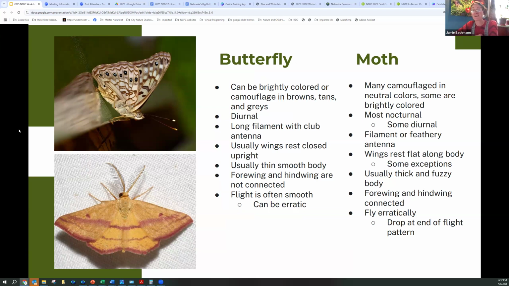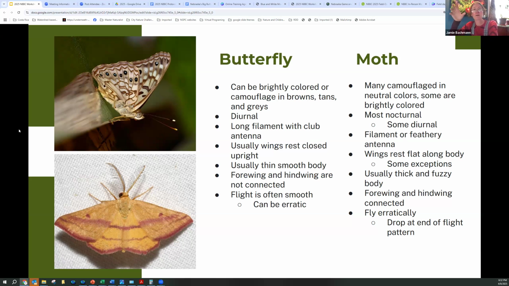Butterflies are mostly diurnal, and moths are mostly nocturnal, but some moths can be diurnal. Butterflies have that long filament with the club on the tip, but moths have that feathery antenna. That's pretty key.